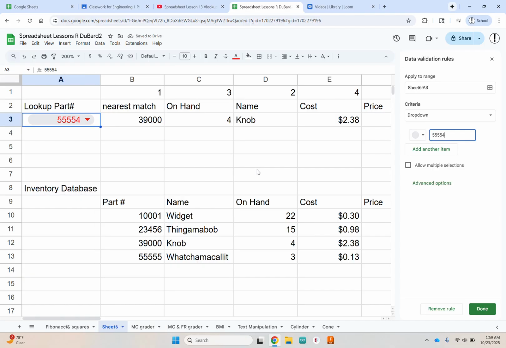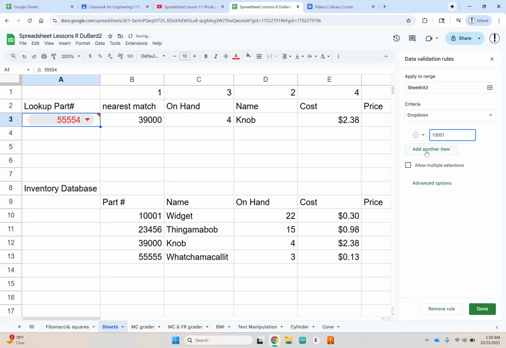Very much like conditional formatting, a dialog box pops up on the side here. Currently it says it's going to be applied to the cell right here, it's going to be a drop down, and then it has these items in here. It automatically chose the item that the cell already had in there. That's not even a number in our part number list. So actually, I'm going to change that one to the first value,